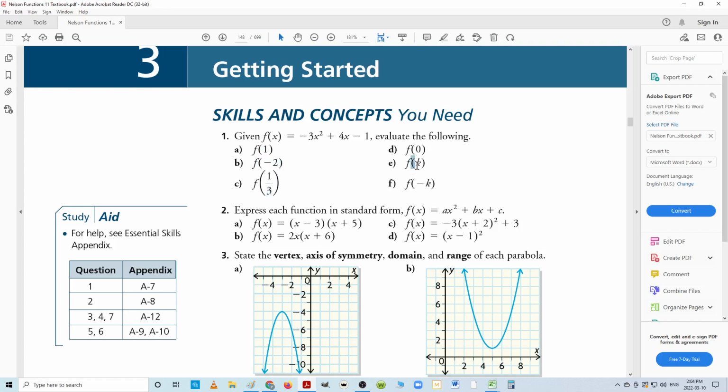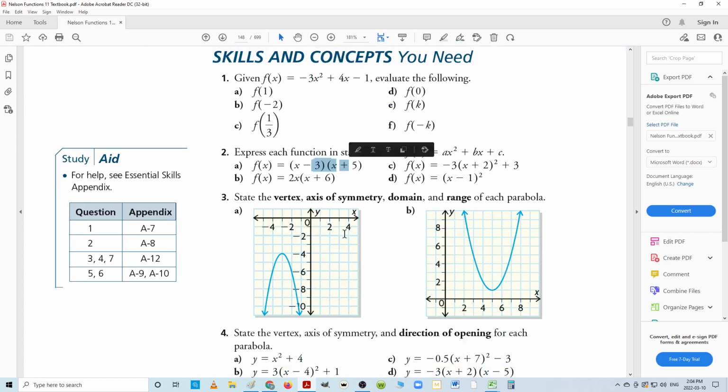And notice that you can even put in letters. So all I do is, everywhere I see x, I put a bracket around it, and I either replace it with k here or minus k, which is going to be useful later on. Then here, they just want you to expand it, learn how to expand it. And here they want you to identify the vertex, and by the way, the vertex will dictate the range, but